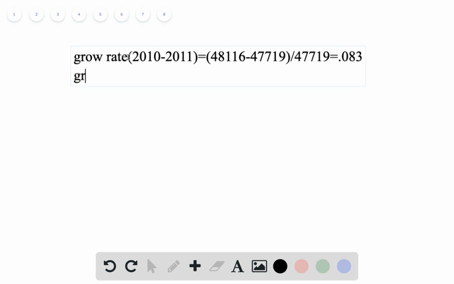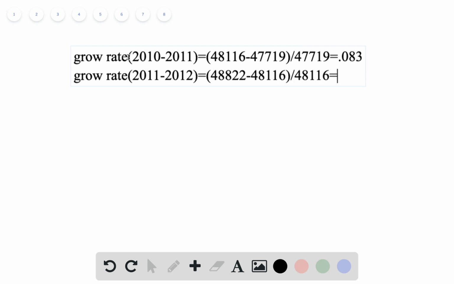And then the growth rate of 2011 to 2012 equals the real GDP of 2012, that is 48822, minus the real GDP of 2011, that is 48116, divided by the real GDP of 2011, 48116, and do the calculation,